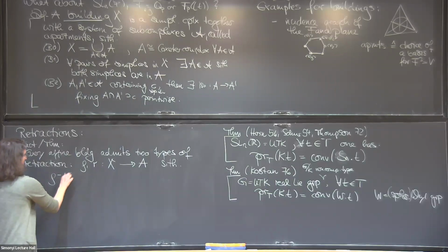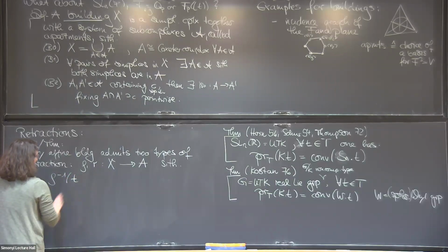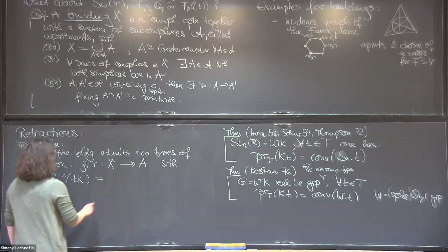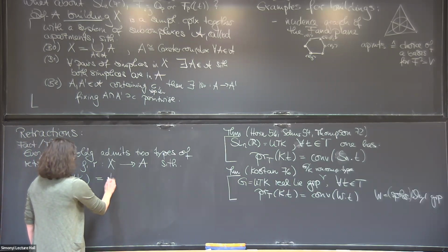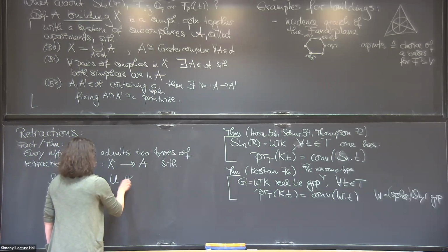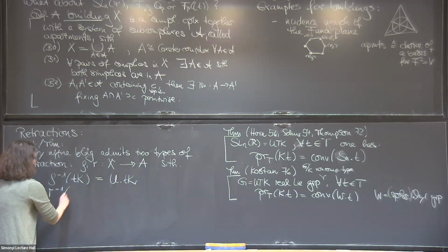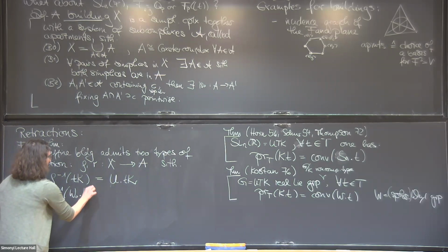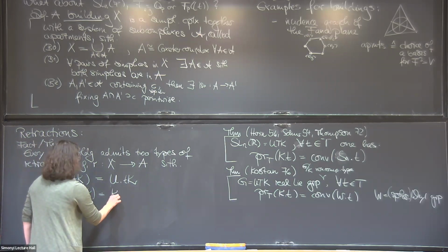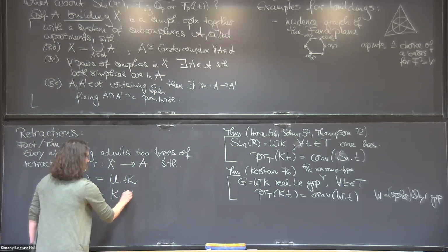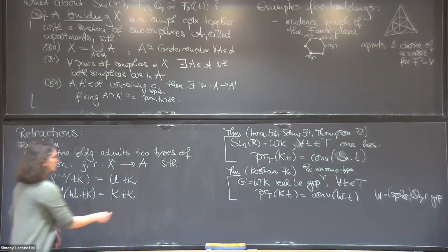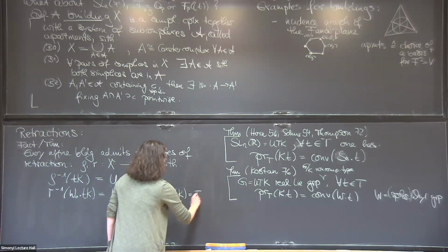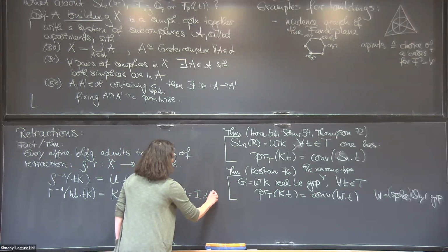And I'll put it like this: rho inverse of TK is the same as the U orbit of TK, and rho inverse, and here I need a little W0, of TK, this is K TK. On the nose, rho inverse of a TK will be the I orbit of TK,